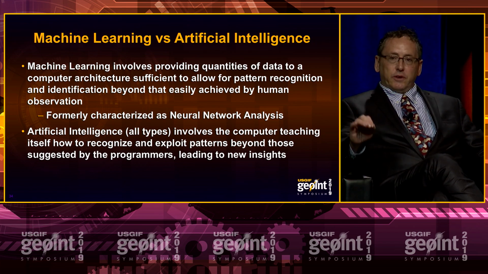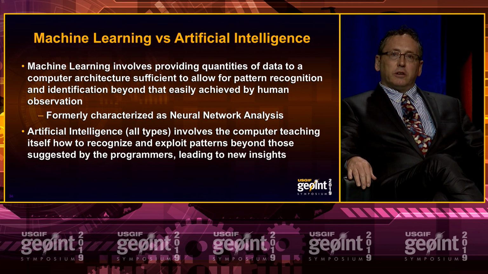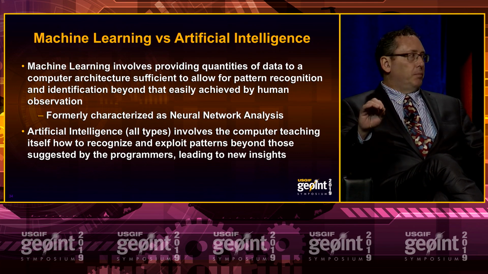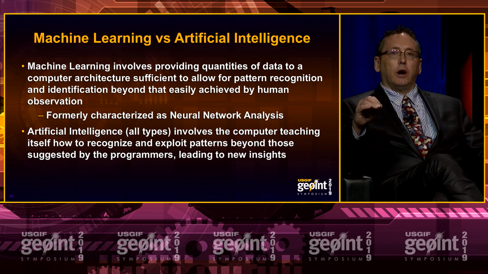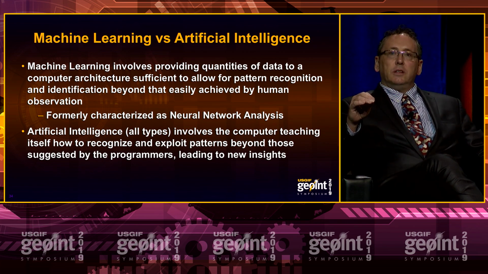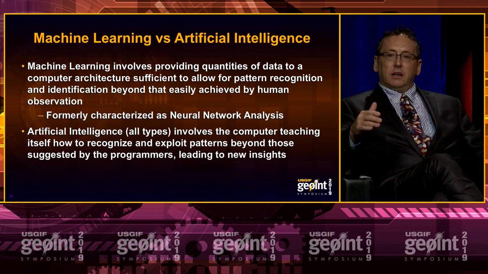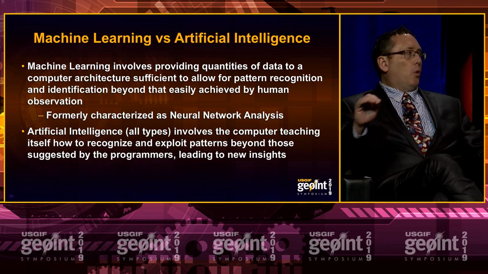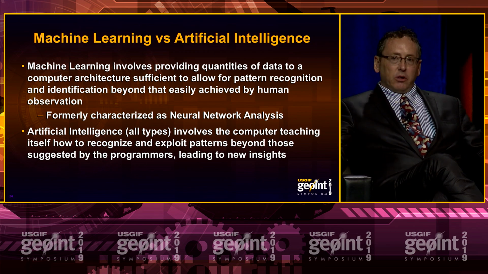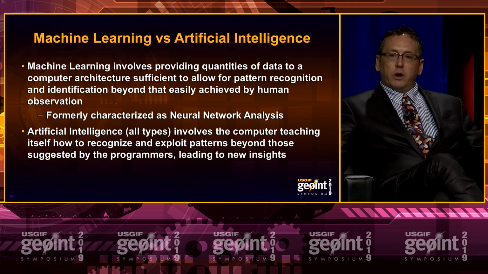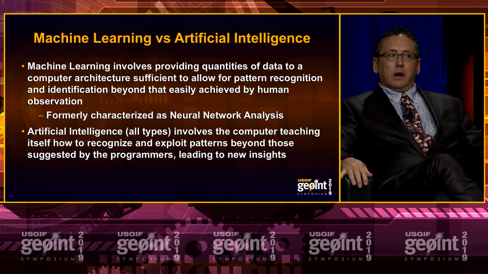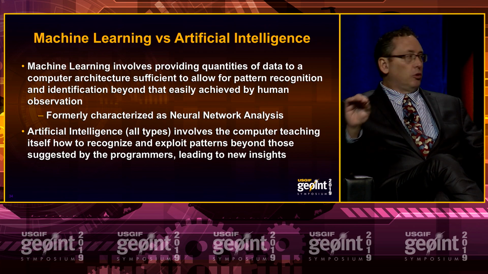So just for quick purposes of understanding, one of my mentors said a long time ago, definitions are very important. They change and people disagree about the wording in almost all cases. So to be very clear, when we're talking machine learning, we're talking about the use of machines to help us leverage data and solve problems we already know about. We know what questions to ask. What we don't know is how to slam all of the data, these days there's a lot of it, into a problem to solve it. So machine learning takes large quantities of data with a question we know, and then lets the computer work through the commonalities in the data and find an answer. A lot of times that leads to new questions, but it's still driven by the human.